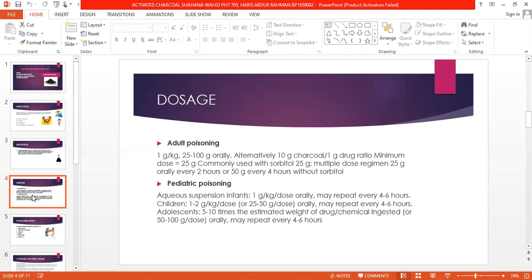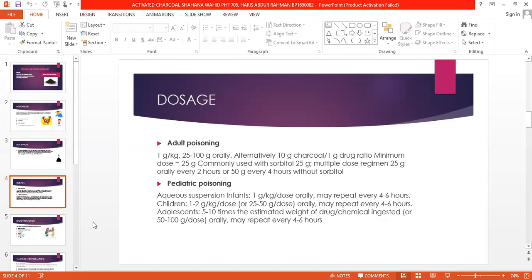For adults, it's 1 gram per kg, 25 to 100 grams orally, alternatively 10 grams charcoal. It's commonly used with sorbitol, and multiple dose regimen every 2 hours or 50 grams every 4 hours without